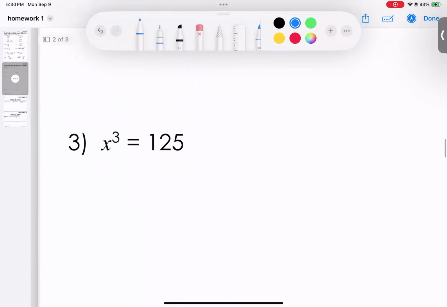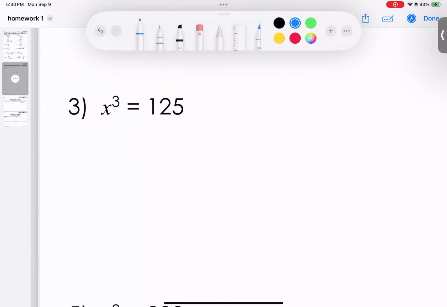So it could be either positive or negative. To the cubed, it's not going to work. It can't be positive or negative, but with our squares it can. So cubed root,